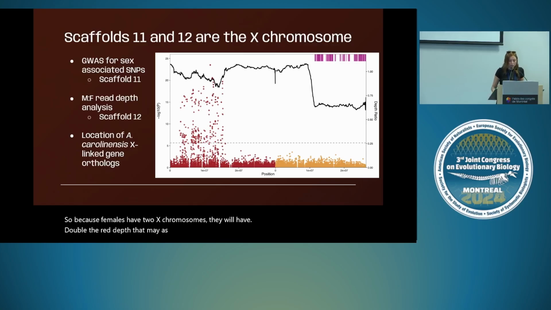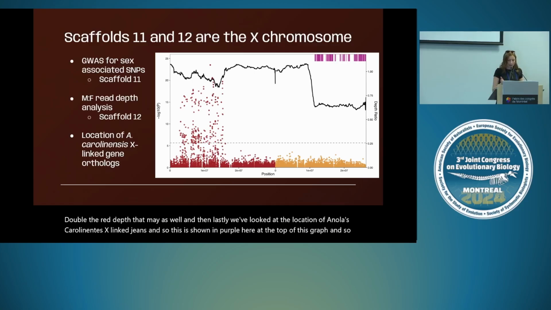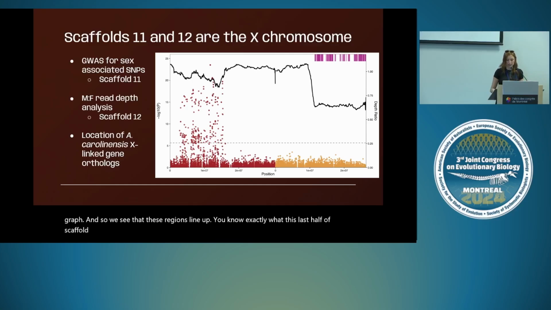And then lastly, we've looked at the location of Anolis carolinensis X-linked genes. This is shown in purple here at the top of this graph. We see that these regions line up exactly with this last half of scaffold 12 that indicates the non-recombining region of the X chromosome. So through these three lines of evidence, we conclude that scaffolds 11 and 12 make up the X chromosome in